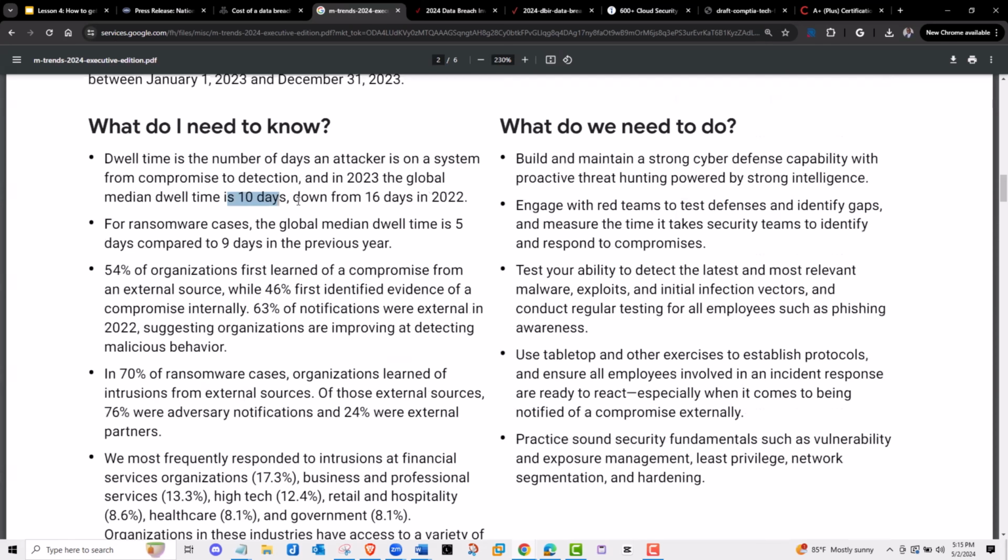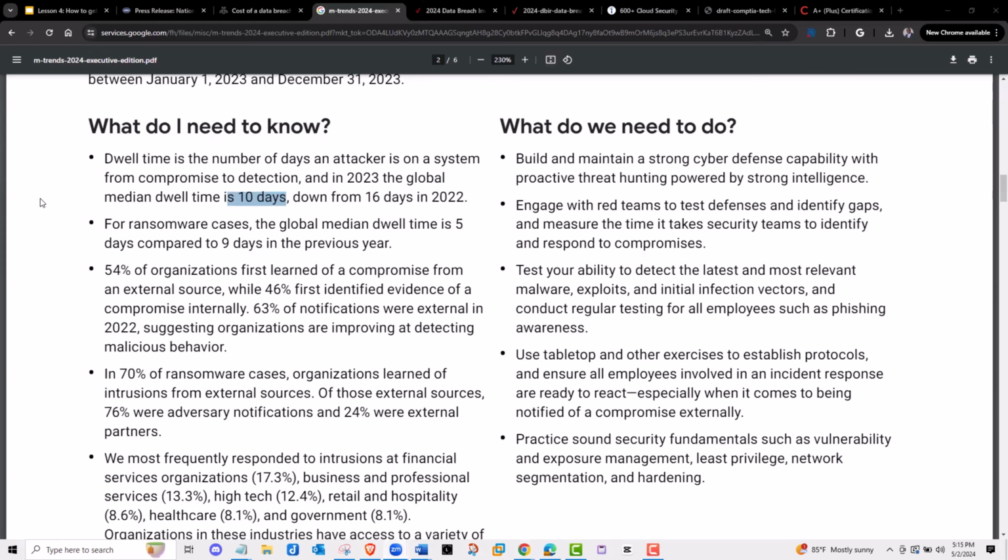Yes, the dwell time is going down. That's how long it takes for them to stay in your environment before you can even detect them, but there is some nuance to that as well. When I'm teaching, I go into details about that. But for now, just know that the problem is there, and the problem is not getting any better. All right.